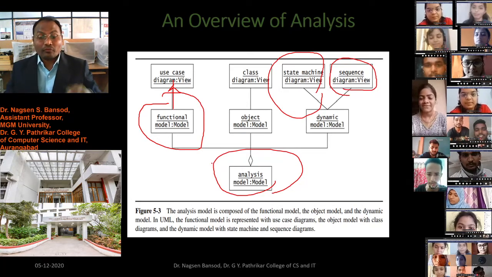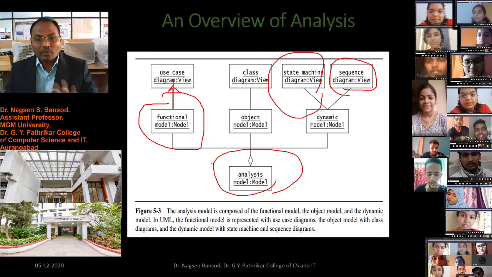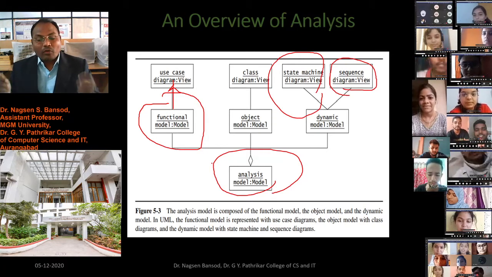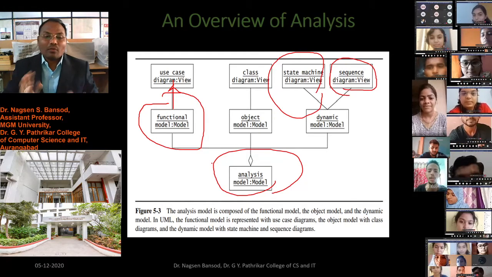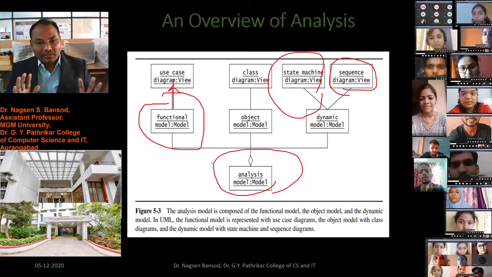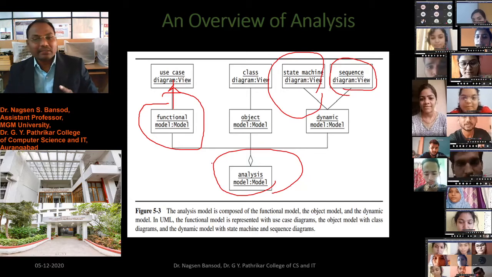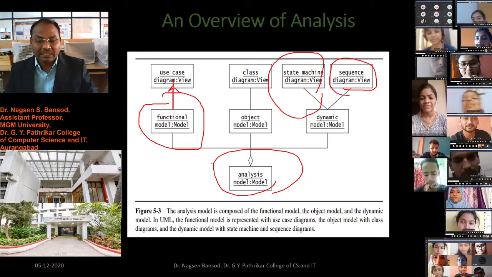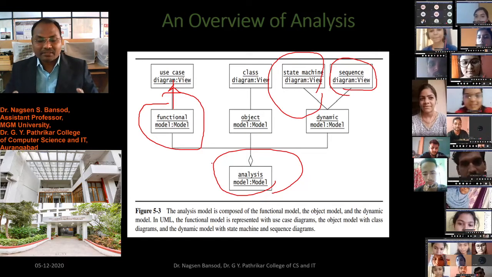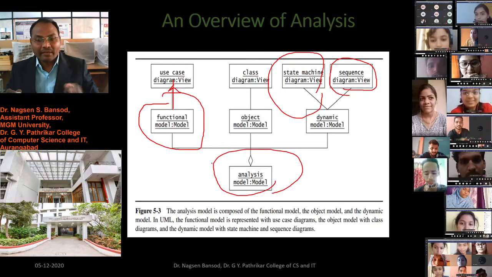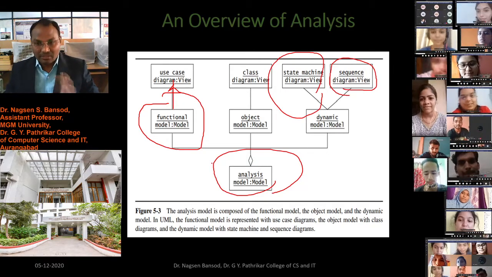point of view. We are doing this model for the analysis to understand only the user side, only the end user side, not the back end side, not the developer side. There are no database descriptions and technical details in this model.